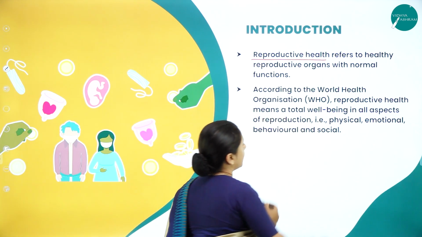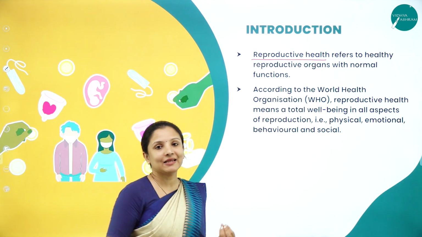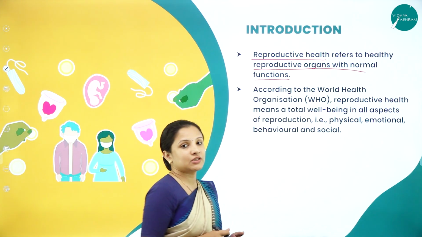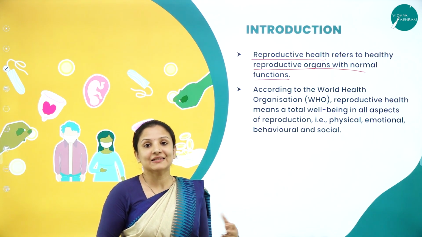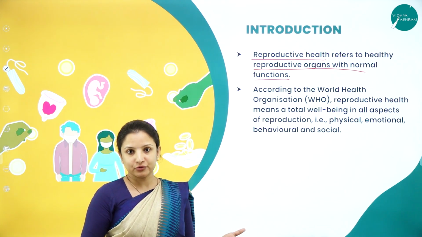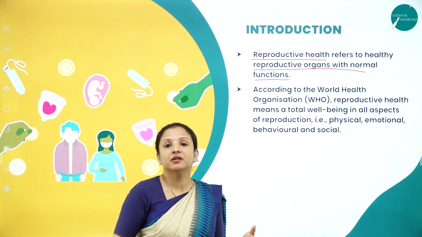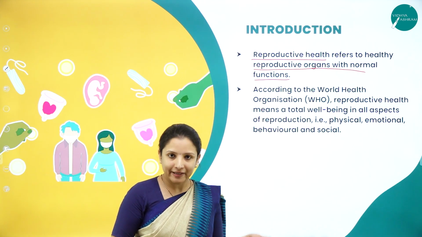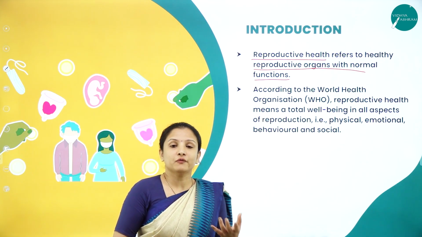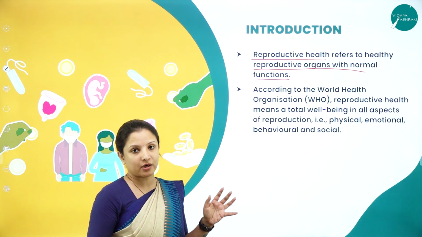Talking about reproductive health, we need to know what it is. Reproductive health is nothing but healthy reproductive organs with normal functioning. For example, the reproductive organ in the case of the male is the testis, and in the case of the female it is the ovary. The testis needs to produce sperms. Is it enough only if it produces a countable number of sperms? No, it needs to produce millions upon millions of healthy sperms. Whereas the female reproductive system needs to produce a healthy ovum, or egg, at the right time. If all that is proper, then we call it good reproductive health.